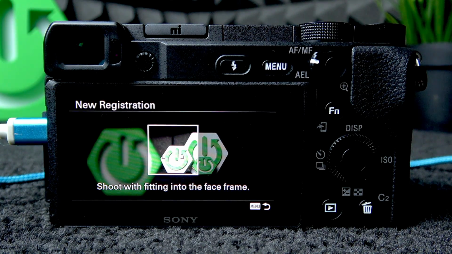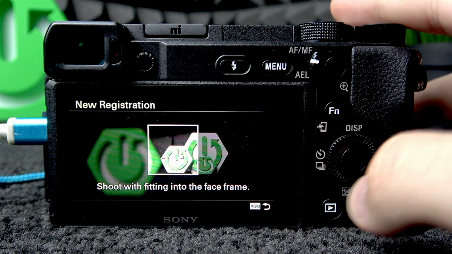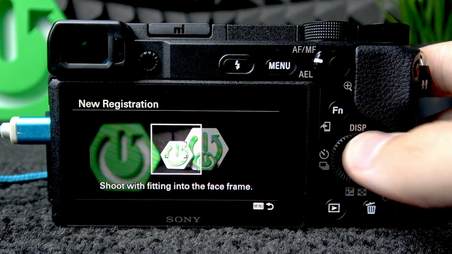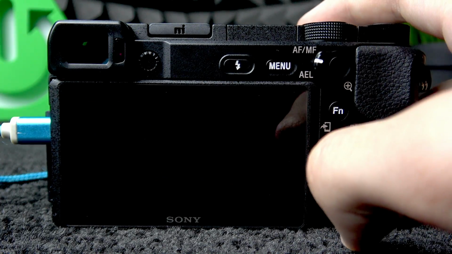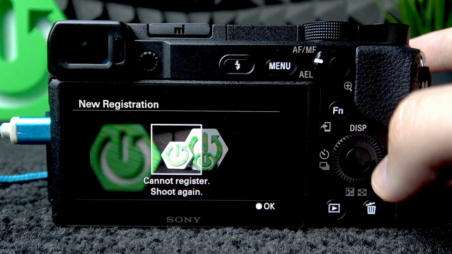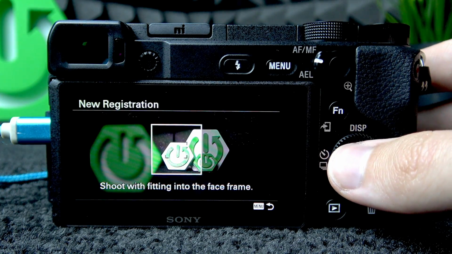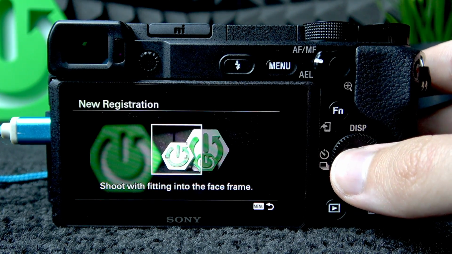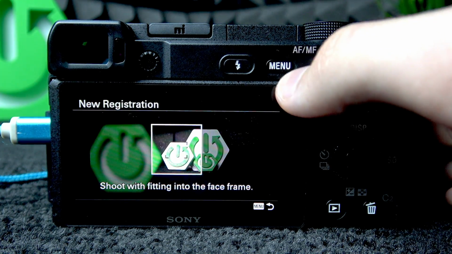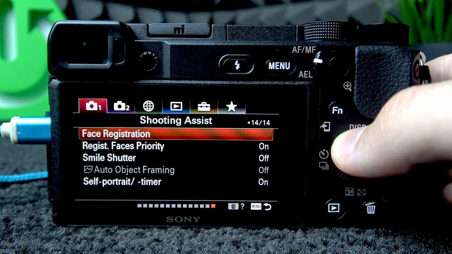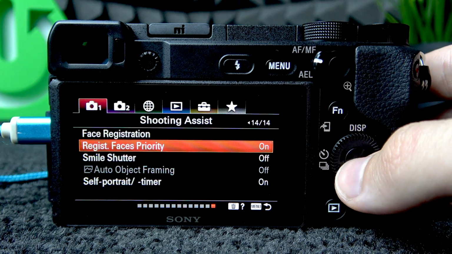Now we don't really have a face, I do have a face, but I'm not going to take a selfie now, obviously. So let's say that you are doing a photo of a face, like this. Of course, this is not a face because it didn't really register it, but if we would create a nice face photo, we can now go back, and then we want to make sure that our registered face priority is